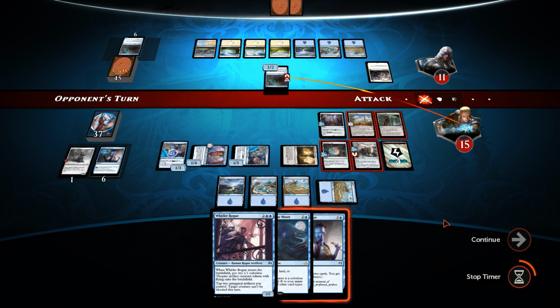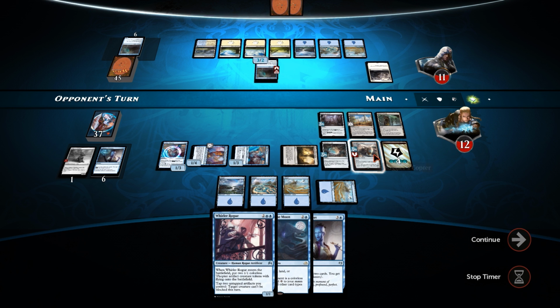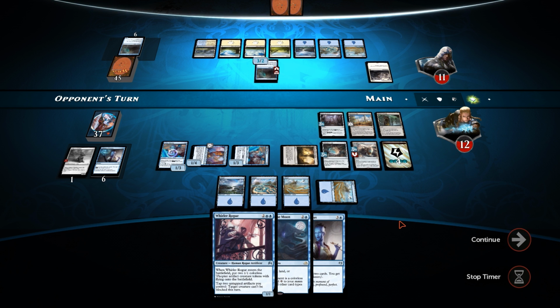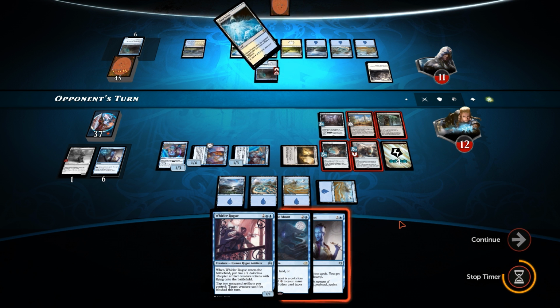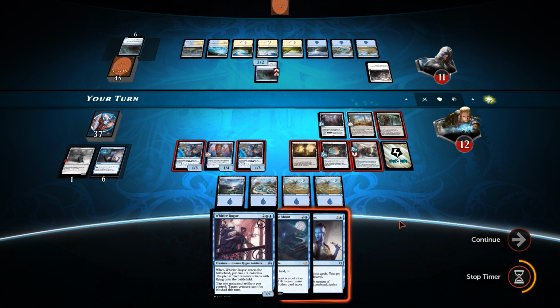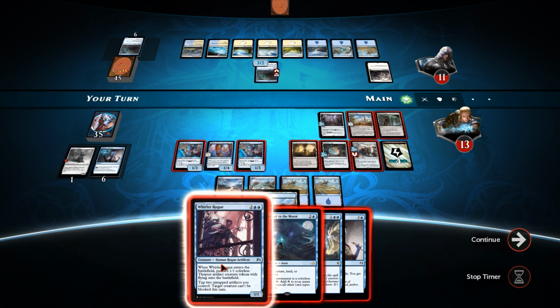He's going to get in for that 3 damage. Okay. I'll allow it. Later down the line we might want to block with Smuggler's Copter, which gets us 1 last loot, because it is when it attacks or blocks. So we'd get 1 final card draw off of it. He's just going to go land, holding up that counter. More life for us. He's technically only doing 2 damage per turn, and we're doing far more, so...